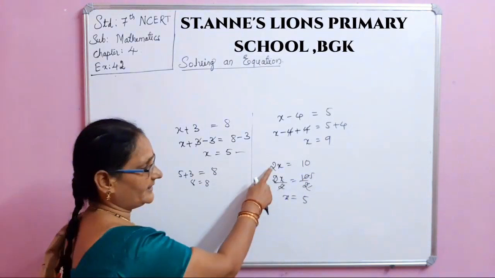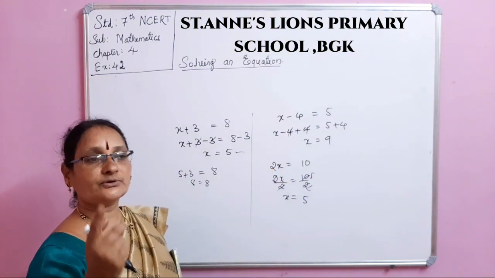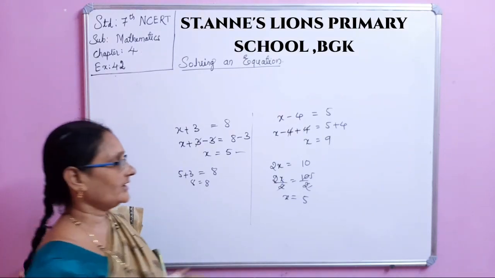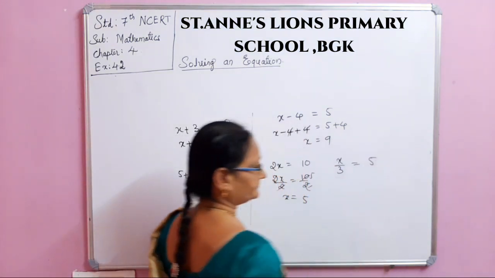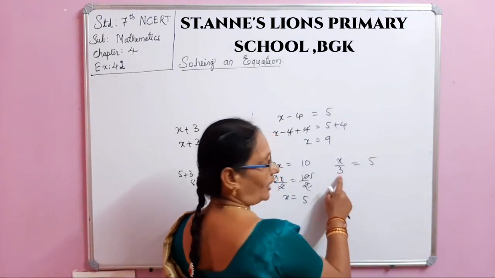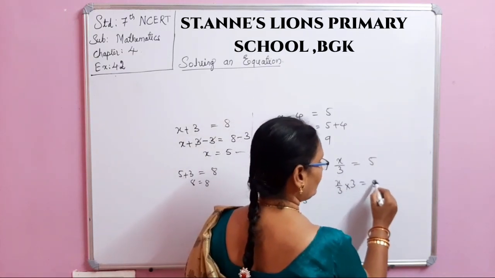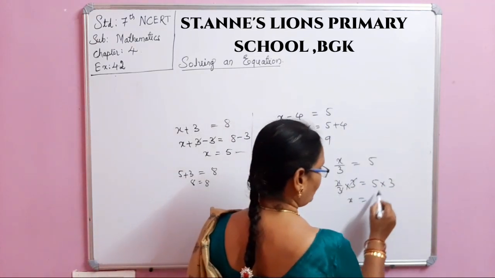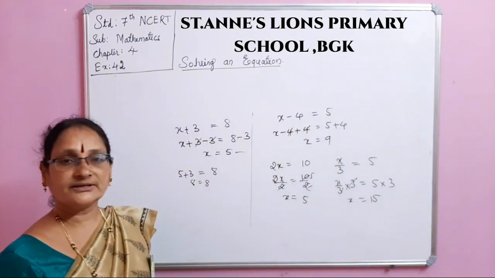This is, if multiplication is there, we have to divide. If division is there, we have to multiply. If addition is there, we have to take minus. If minus is there, we have to take plus. Okay. Now one division we will take. x by 3 equal to 5. Okay. Now here division. How to avoid this 3? x by 3 into 3 is equal to 5 into 3. 3 got cancelled. So x is equal to 5 3s are 15. In place of x you have to write here 15. 3 1s are 3, 5s are.